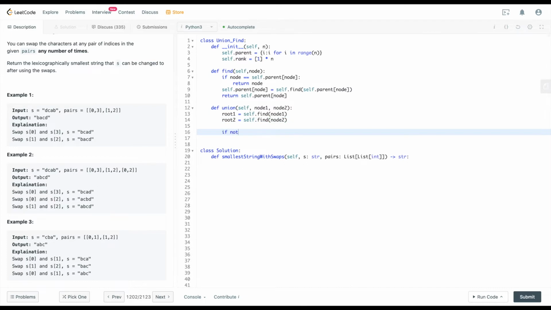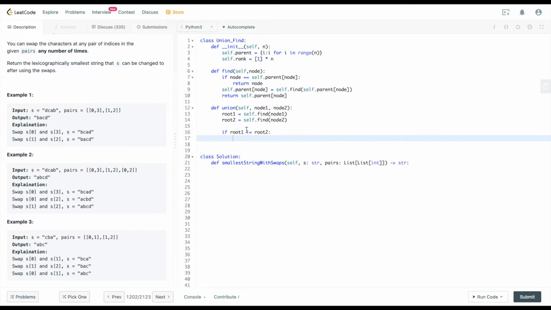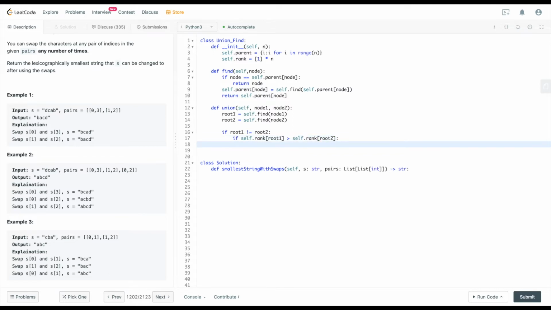And if they do not equal each other, that means they don't belong to the same component and we're trying to union them together here. So then we have to make an absolute root out of these two. Because we're doing union by rank, we need to compare their rank. So if self.rank root 1 is greater than self.rank root 2, that means we merge root 2 into root 1, and we just merge it by updating the parent. So root 2's parent will now equal root 1,